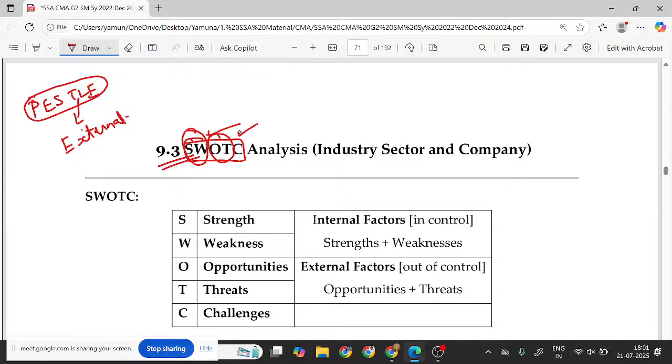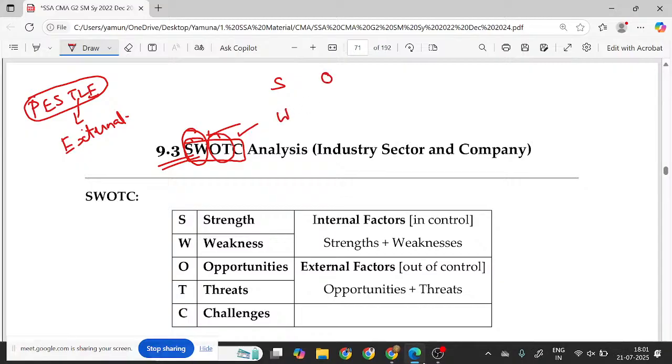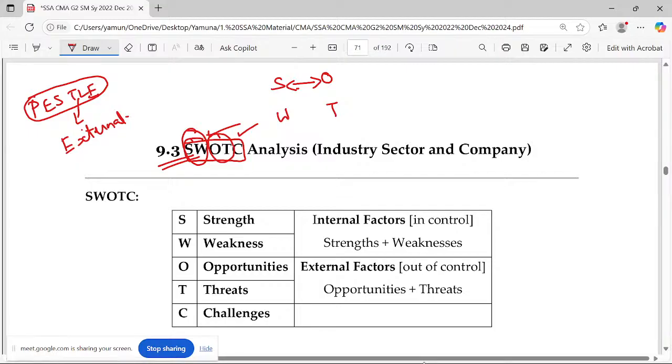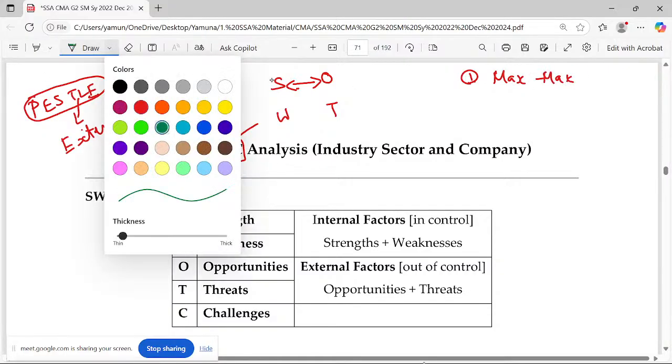If it is a weakness, you take it as a challenge, you turn the weakness probably into an opportunity outside. So usually we'll go with these criteria: strength, weakness, opportunities, threats. Strength and opportunity means there is an opportunity lying outside the organization, in the environment, and it is your core strength, your core uniqueness as a company. Then you will be following the criteria called max criteria. So probably I can name this as one.